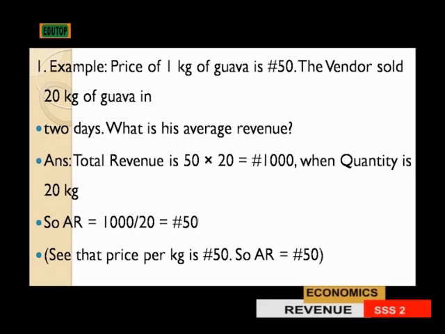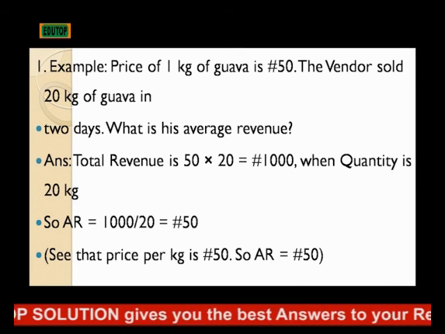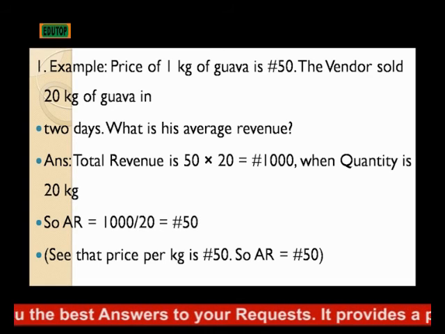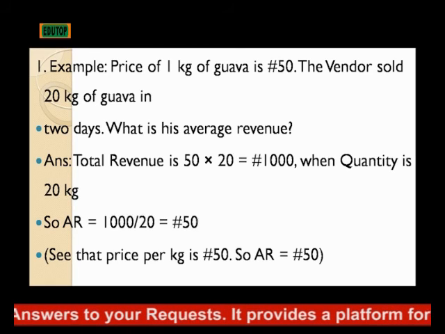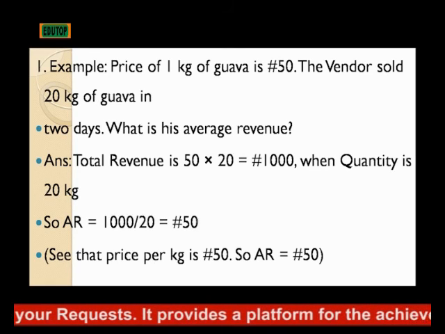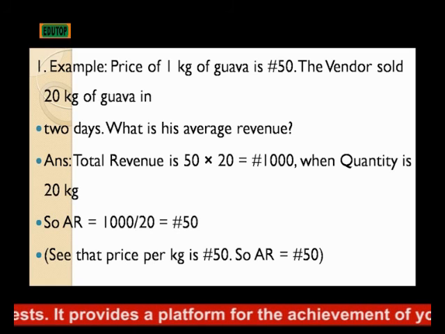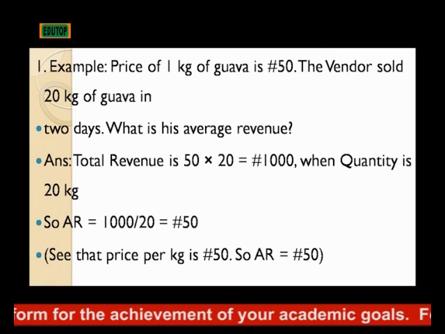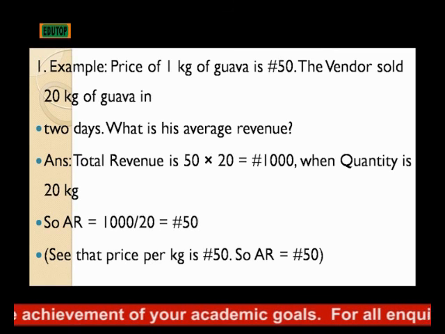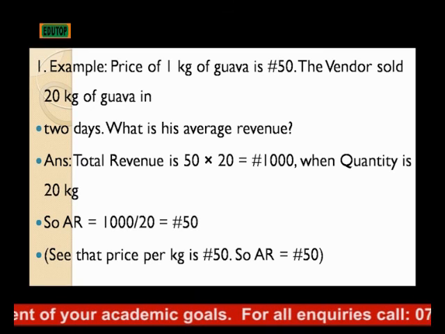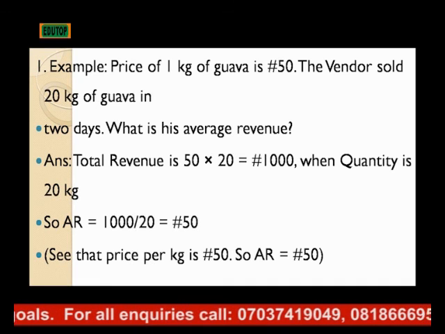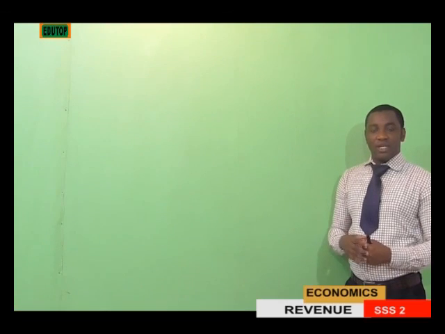Therefore, to get our average revenue, we divide the total revenue by the quantity, which is 1,000 divided by 20, which will give us 50. And that proves the calculation of equating average revenue with the price as we did the other time. That is 50 naira for 1 kilogram of guava, which makes average revenue and the price the same. Another example, which is example 2, is if the vendor could sell 21